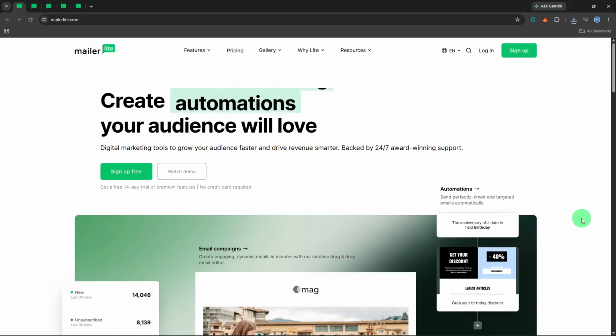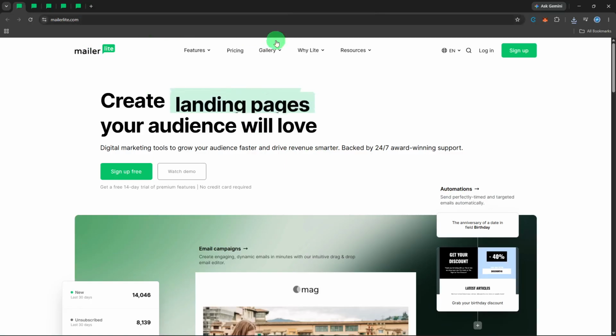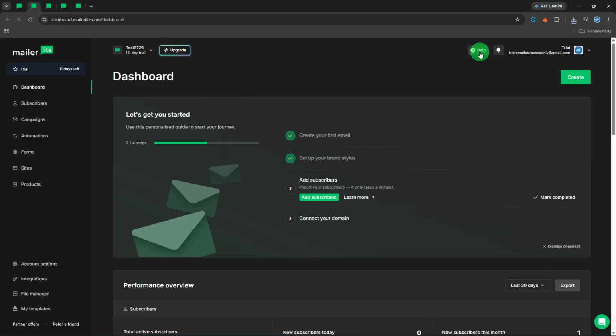First things first, you'll need to log into your MailerLite account. Open up your browser of choice and head over to the MailerLite website. Click on the login button that you'll see in the top right corner of the page. Enter your email address and your password into the fields provided, and then click the login button again to access